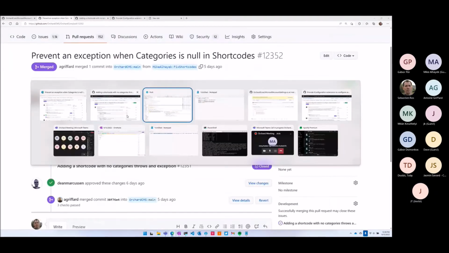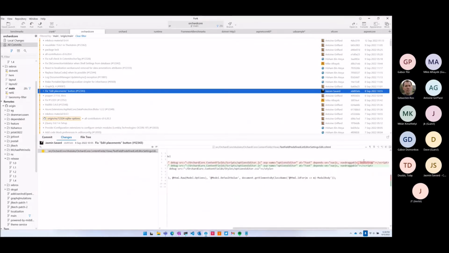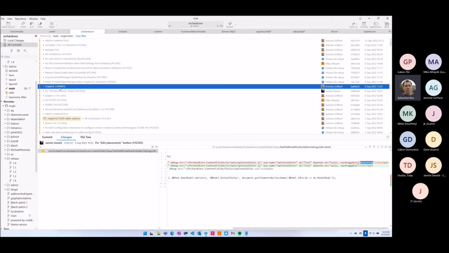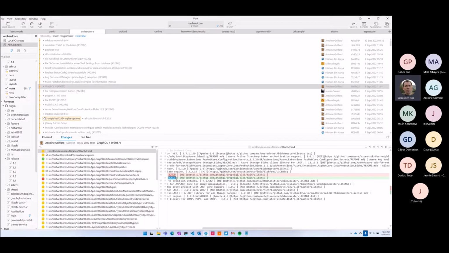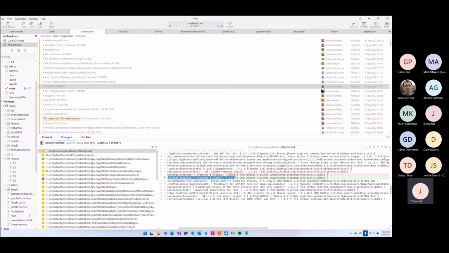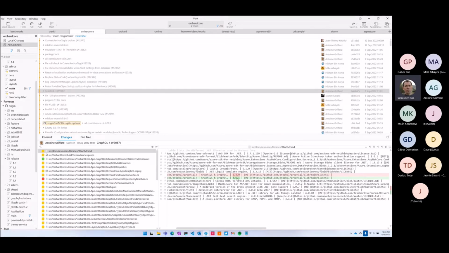Then, fix edit placement buttons. That's just a script. Okay. The adjustment that we merged on Thursday. I think so. This one we merged on Thursday. I remember. We ran the PR. So now it's using GraphQL 4. I didn't update this file. Antoine will be angry. Unless you did that after. So Antoine, I have some work for you.